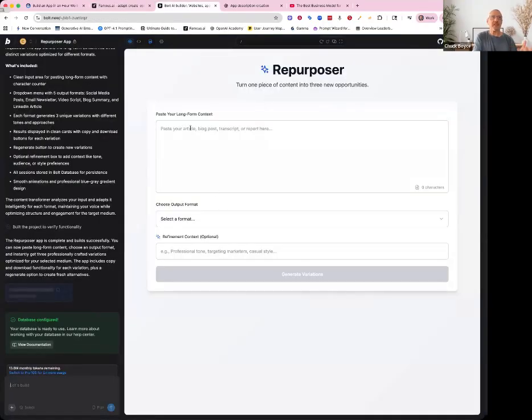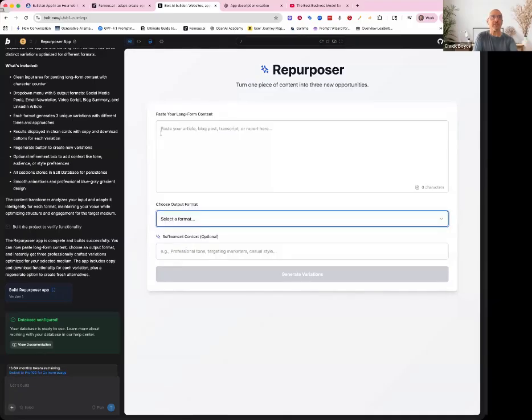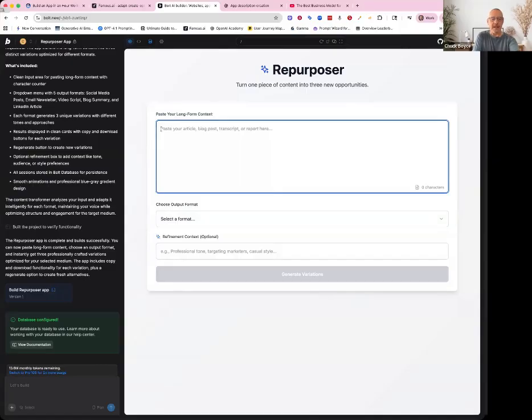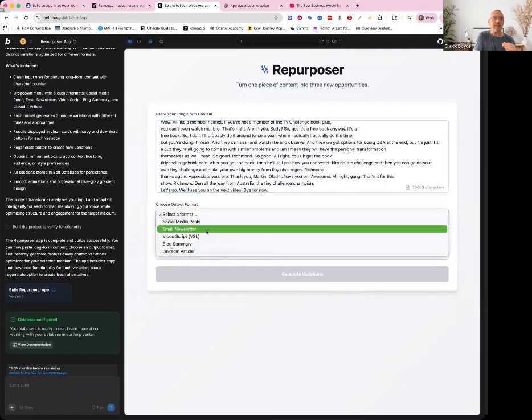handled it. And so here, it's very similar. It doesn't look nearly as nice, very plain Jane, which is one of the differences between Bolt and Famous. Famous tends to add more color and make it more pretty right away, whereas Bolt gives you pretty much plain bones. But the same output, you have paste your content, select which format you want, and then your refinement options. Famous added a few more things, but I'll post this one in here and say, let's see how this does